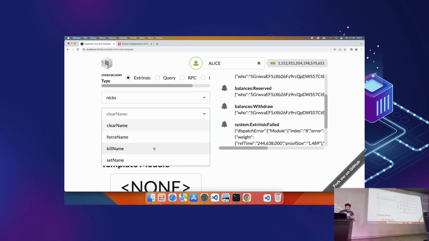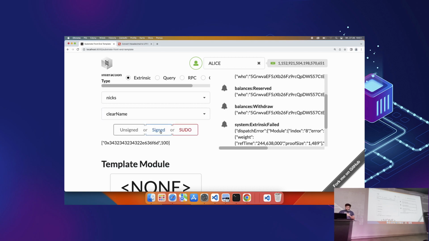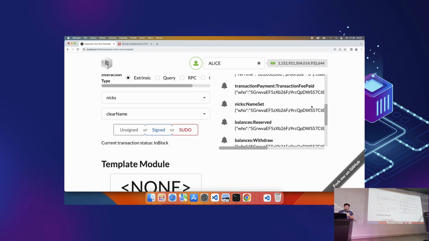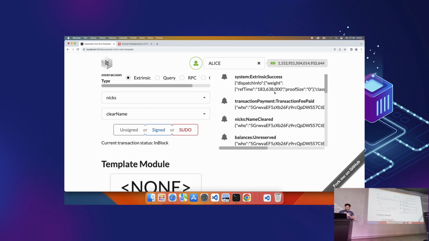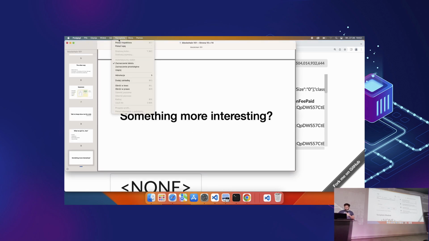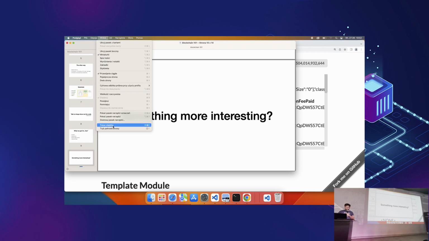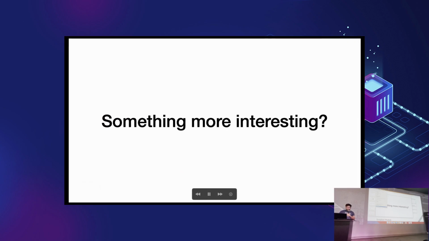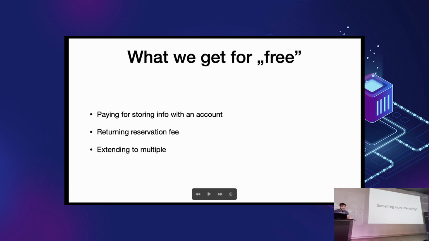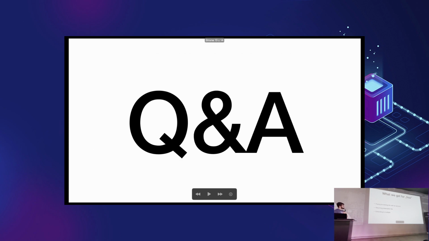And again, I can do clear name. And if I do this, then the storage will be wiped, and I will get back 100 coins, but I will also pay the fee for calling the transaction. Okay, so this was the extension, and yeah, all those you saw,